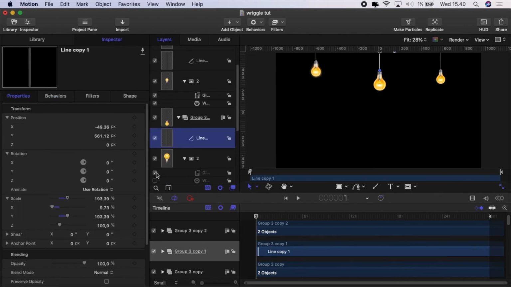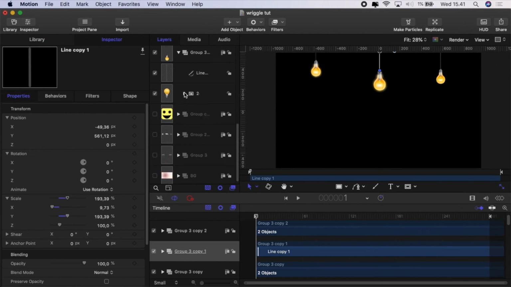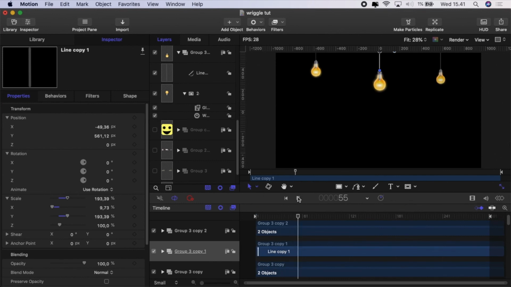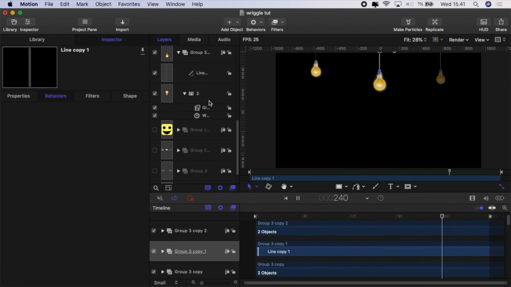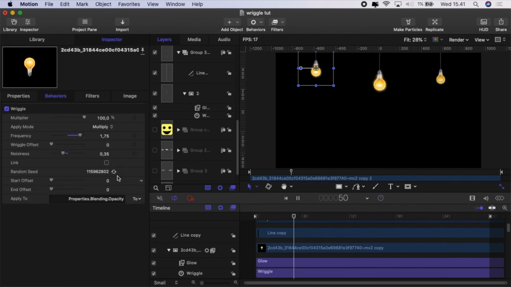And I did that for all the groups, and let's turn on all of the wriggles and glows, and then that created these light bulbs flashing on and off. Now this is where you can alter some of the other controls. You have this random, the start offset. Let's make that 1 for that one, so it will start slightly later than the other light bulbs. And then we'll find another one and we'll set the start offset to 2, and it'll start again a little bit later. We also have the random seed